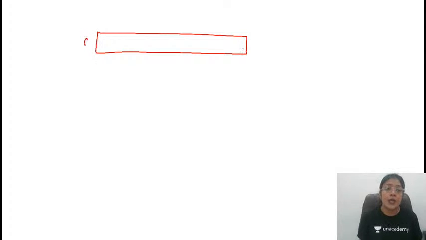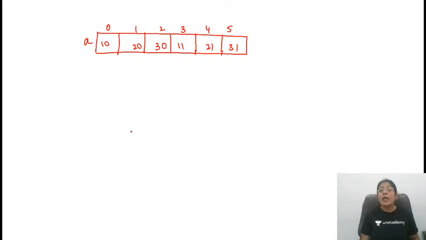See, whenever we want to access some element of an array, let's assume that this is the array. Randomly, any element can be accessed on the basis of the position, on the basis of the value of the index. By default, index starts from 0. Let's assume that the elements are 10, 20, 30, 11, 21 and 31. If I want to print some integer, I'll be